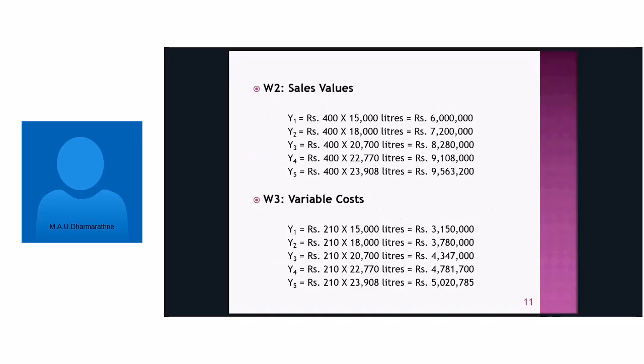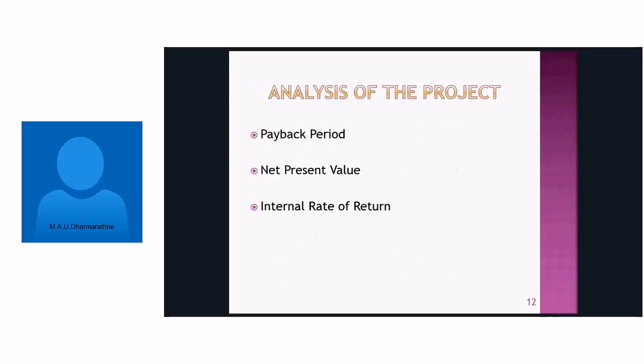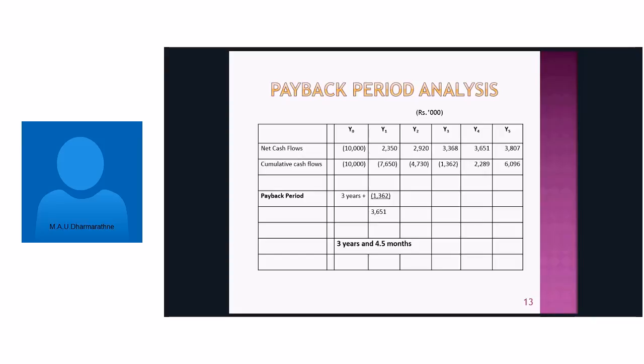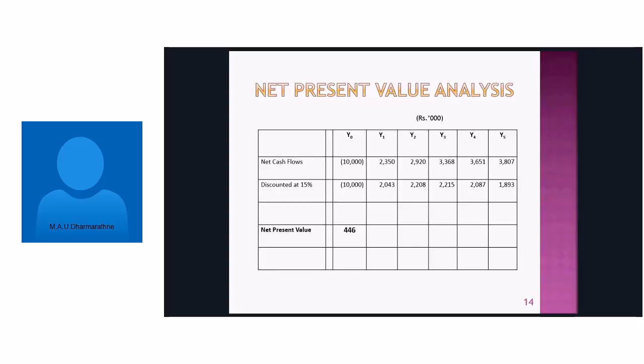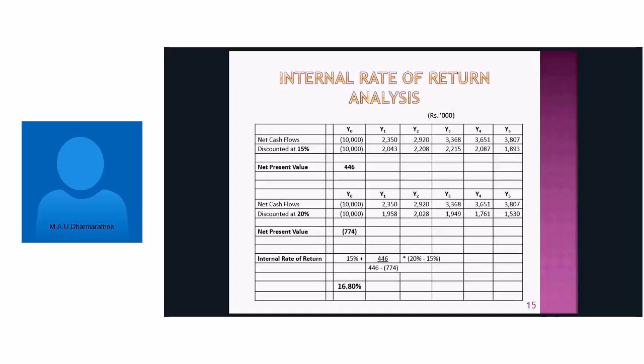Then, using that, we have done our analysis through payback period, net present value and internal rate of return. The payback period is calculated at 3 years and 4.5 months, which is good because we are recovering our cost before the end of the project period. Then the net present value is 446,000 rupees, a positive figure. Then the internal rate of return,